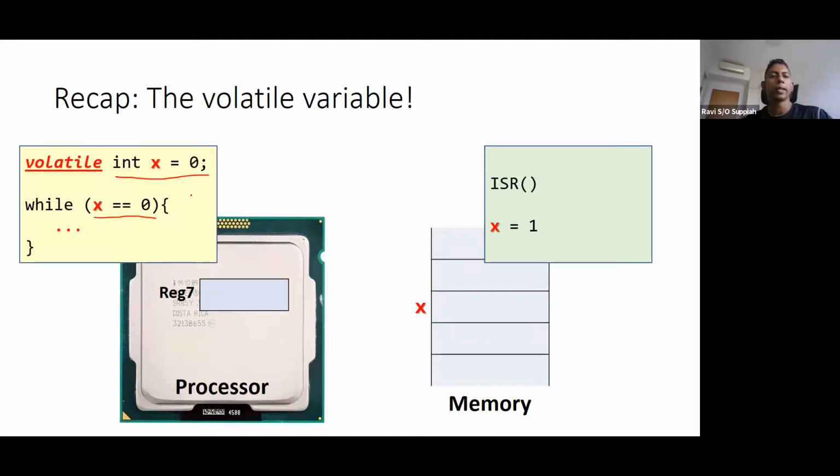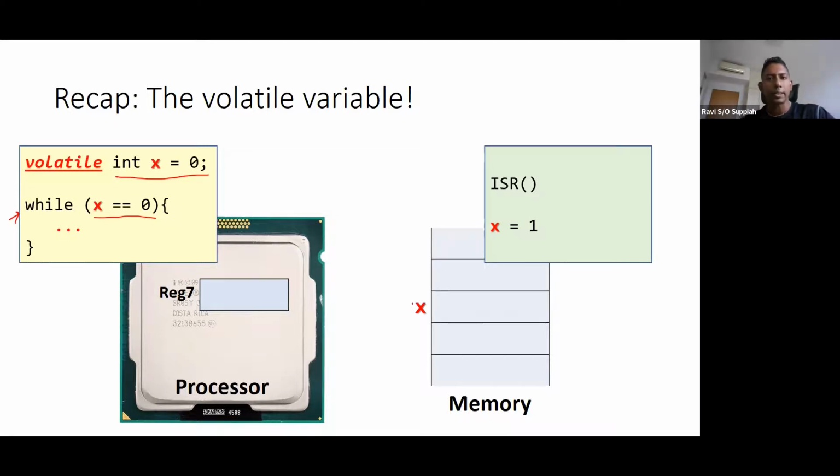Over here, in this part of the code, I'm comparing x with a value 0. So when you're comparing x with 0, you're taking whatever value is currently inside x, which means I need to read from x. Since x is a variable, it is stored in memory.